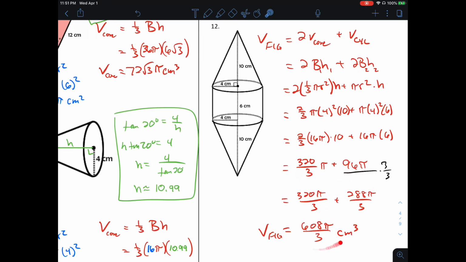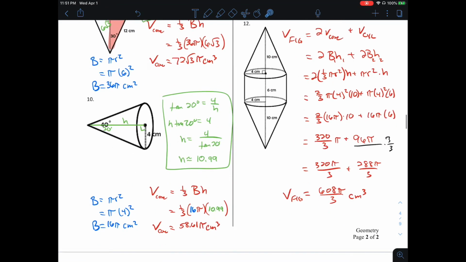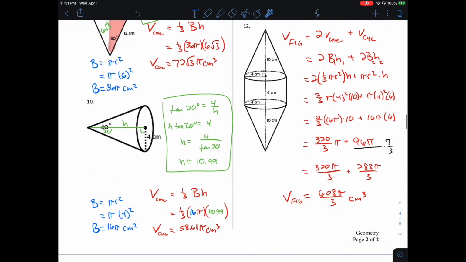I wanted to get common denominators here so I could write the answer as one fraction. So I multiplied this by 1 in the form of 3 over 3. So we get 288 pi over 3. When you add two fractions, you add the tops, not the bottoms. So there we go. That is the end of